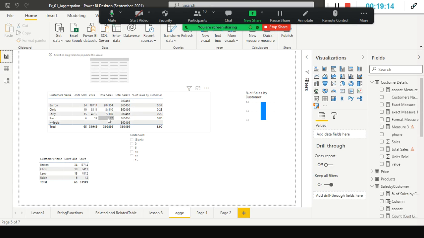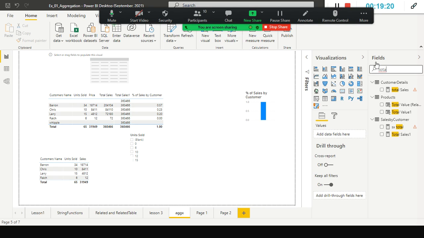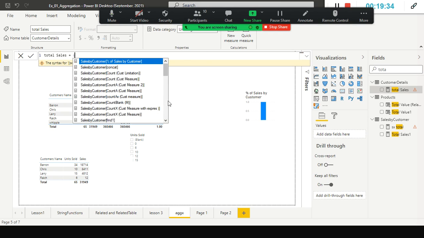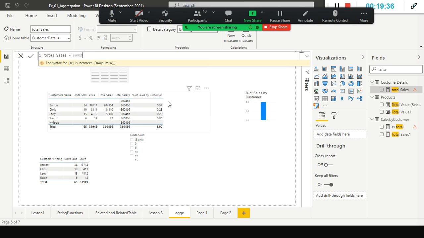Here I have already created the measure by the name of total sales. I'll just go and check what total sales is here. Total sales is something like this: SUMX, where the first argument is your table, sales by customer, comma, units sold into the sales.